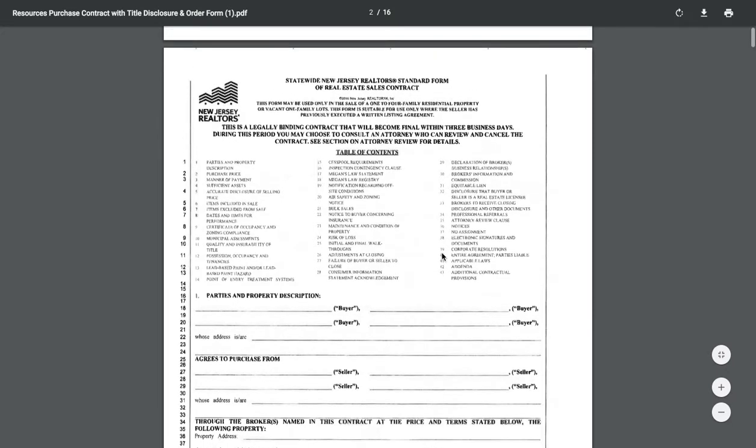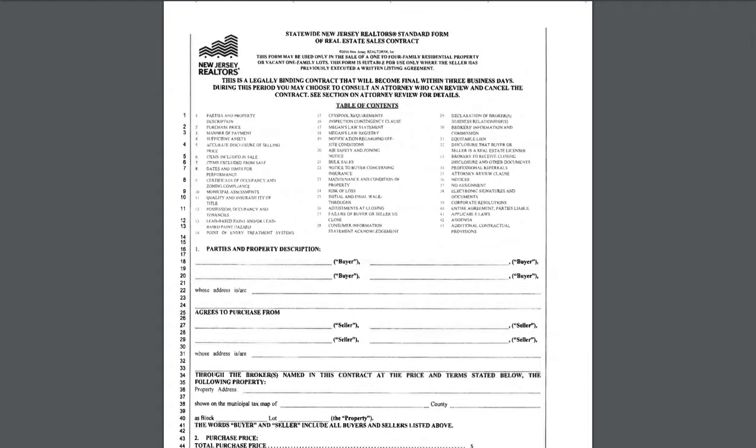So technically, this is really not suitable for a contract that you're engaging with an unrepresented seller or for sale by owner, because no listing agreement has been signed, which is attesting to certain conditions, including the real estate commissions. If you are engaging in a transaction as a buyer's agent